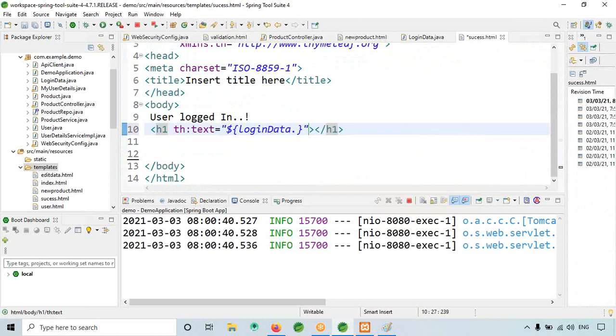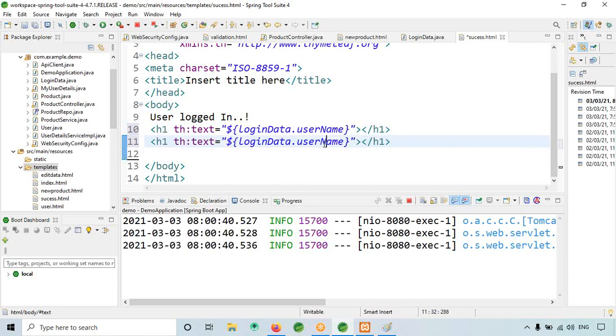So first it has to print the username. Next it has to print the email. This is email.